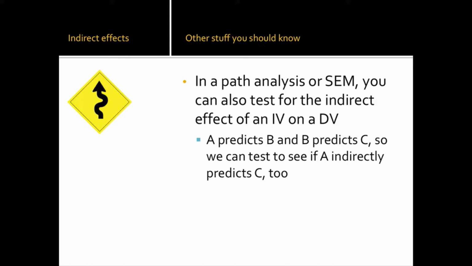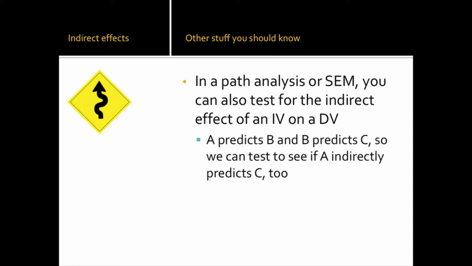So an indirect effect of an IV on a DV is like, okay, A predicts B and B predicts C, so then we can test to see if A predicts C as well. And indirect effects are also popular when you have D and E and F, right? You could have A predicting B and B predicting, it's like these long chains of prediction, which are sometimes seen